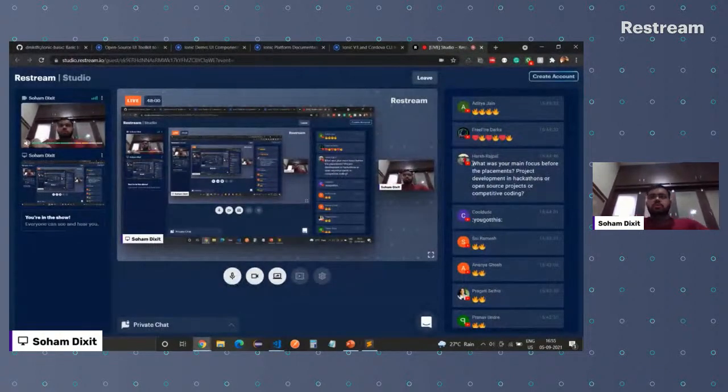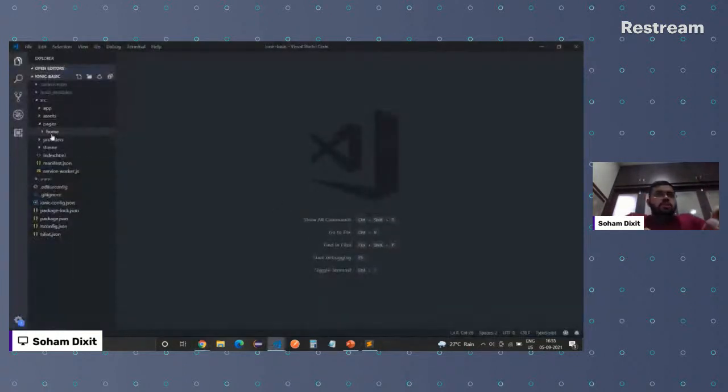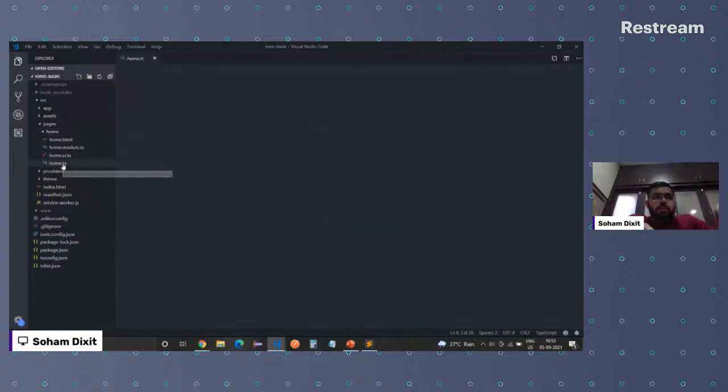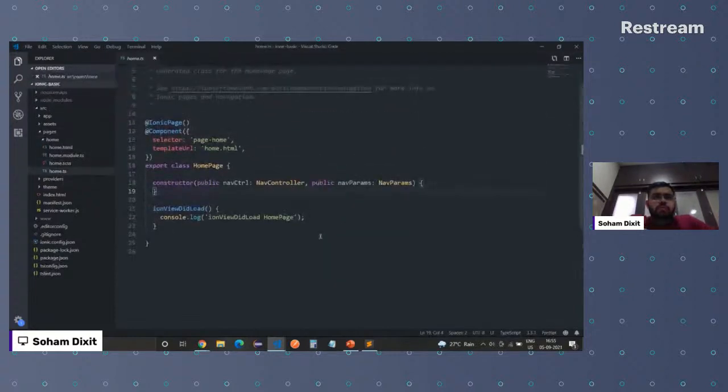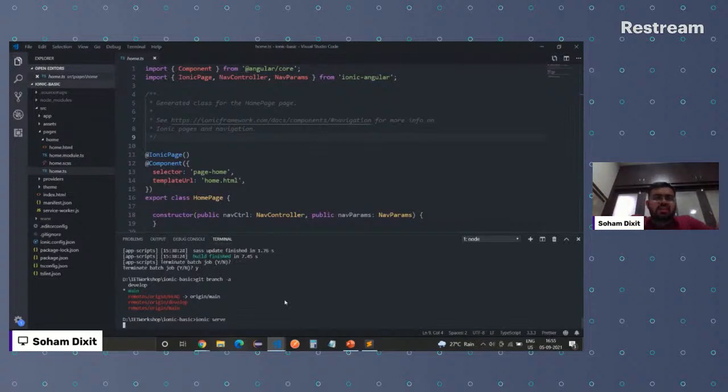All right. Okay, so let's start. Fine. So as I said, I have a main page over here. This is how even a page will look for you if you are cloning that code. And this is a command which will help you in serving your application: ionic serve. There are other commands involved. Probably we'll discuss those later.